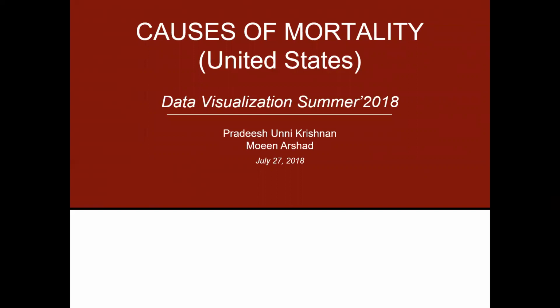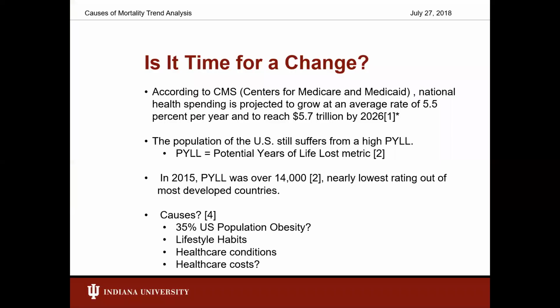We focused our project on causes of mortality in the United States. So I'd like to kick this off and start off with explaining that we've done some analysis with a data set from the World Health Organization and identified some disturbing elements of mortality rates in the United States. And we'd like to cover some of the topics that we did encounter and share with our classmates the insight that we did derive from that.